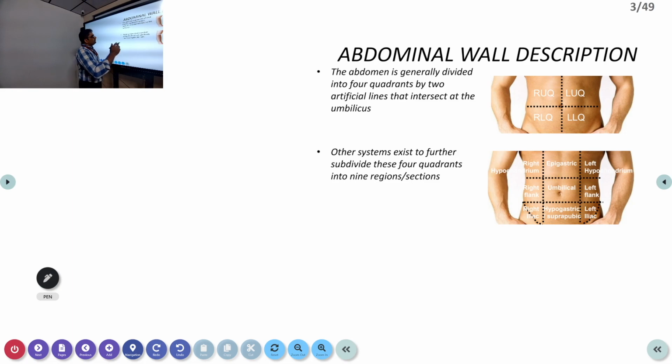For abdominal examination, the abdomen is divided into four quadrants. Initially, when you're taking history, you can use the four quadrants: right upper, left upper, right lower, and left lower. You can just use those terms mainly because even the patient will tell you in the same vague terms, isn't it, in your history? So you can use these terms in your history if you want.